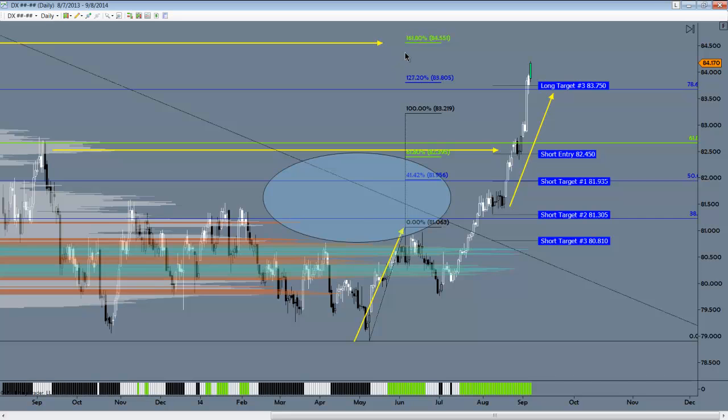You want to be a buyer above and a seller below. This last instance here, great example. You're moving up here long, take some profits, even reverse to short, get quickly stopped out for a small loss, reverse, stop and reverse to long, fill through to that last target. Also, knowing that it's that solid of a commitment down here makes it real easy to be long coming out